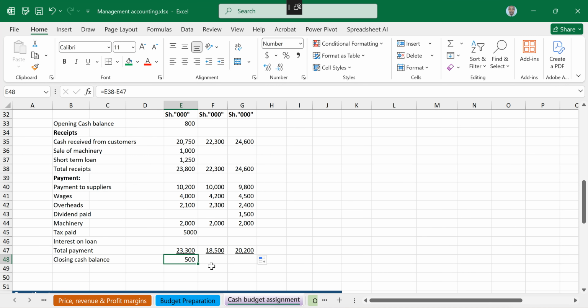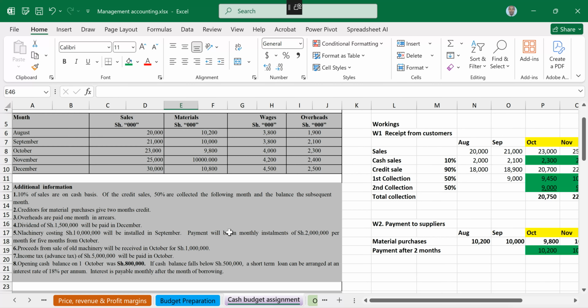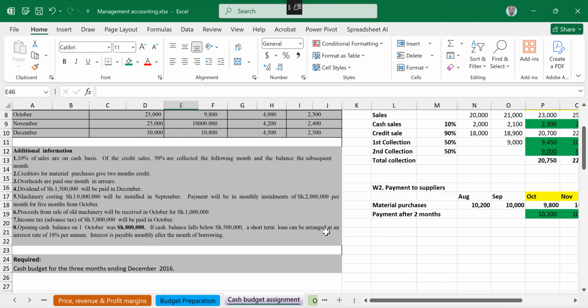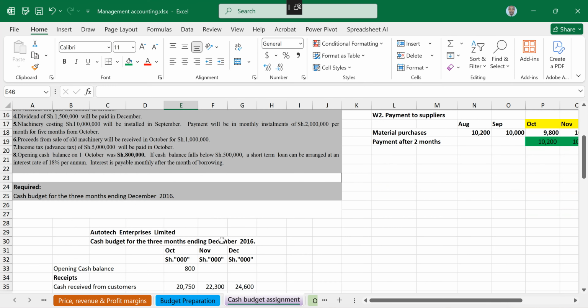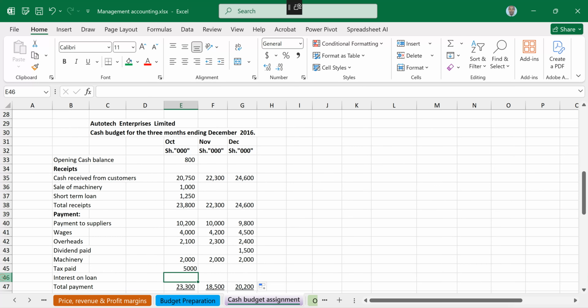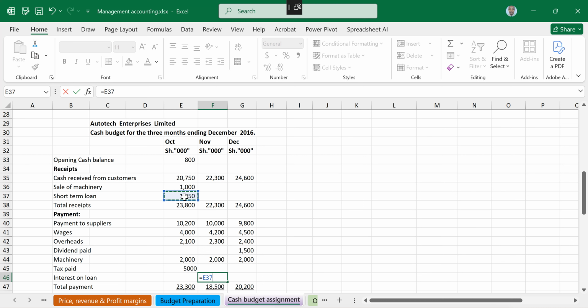But before you drag everything across, they also talked about interest. If a loan is taken, then the interest will be 18% per annum. Interest is payable monthly after the months of borrowing. So it means under the interest paid here, the first interest will be paid in November. That will be equal sign, click on the loan of 1250, times, open bracket,